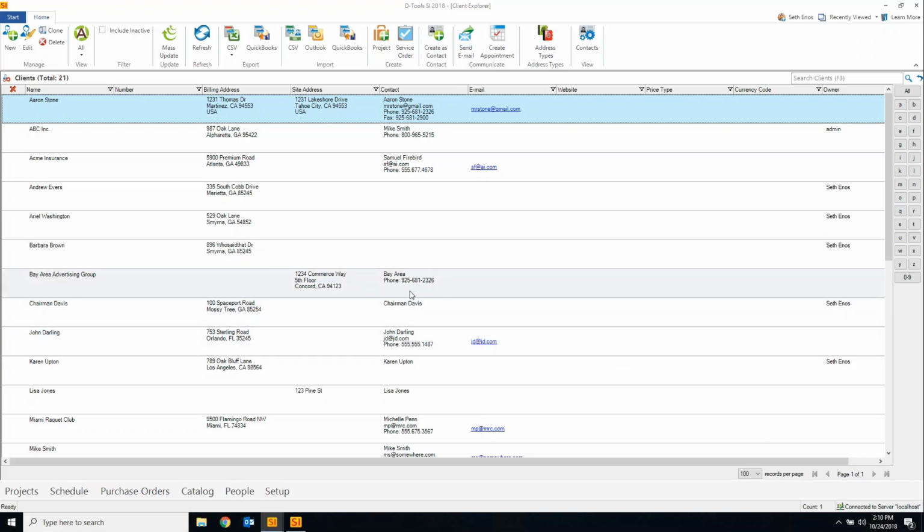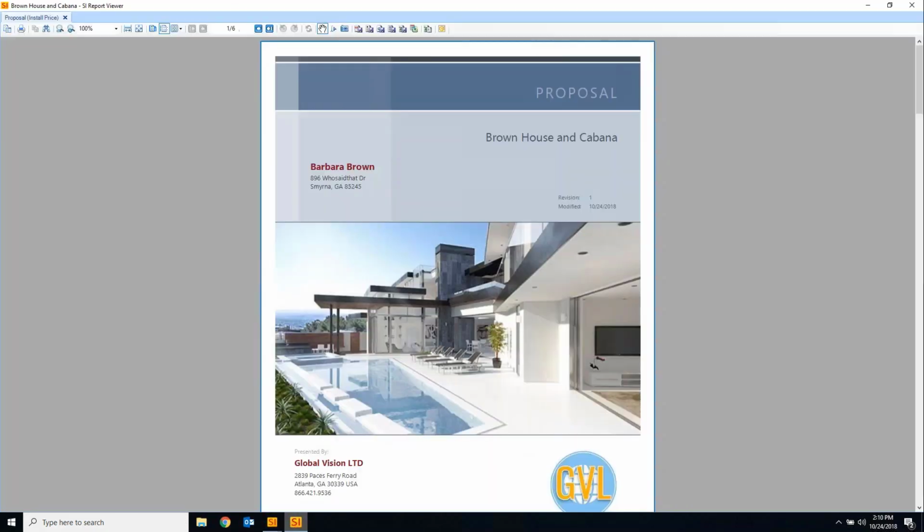Another quick change I'll mention before getting into some of the more major ones is we did add a CSV export for reports. We've always been able to export to Excel, but it would go out as an XLS or an XLSX file. We had the request to make a native CSV export to save our users some time. A lot of our users create custom reports that they import into other systems, whether it be an accounting system or a CRM system, and they are getting XLS files, they need to get it into a CSV. So there's an extra step of doing the file save as, and if you've ever done that, you go through that little Microsoft loop of,